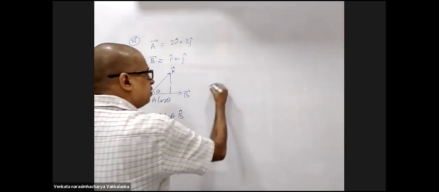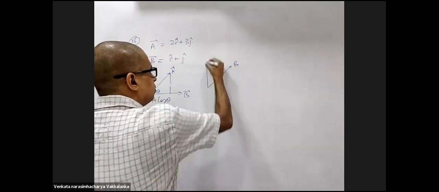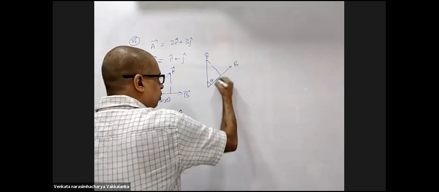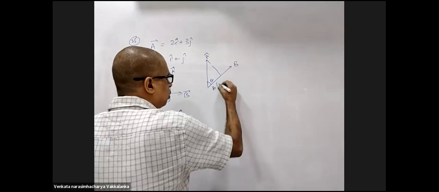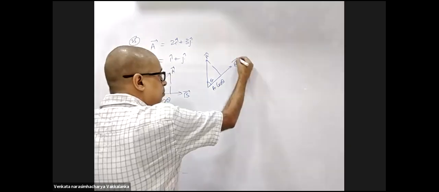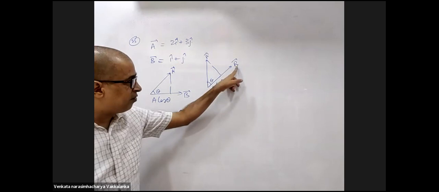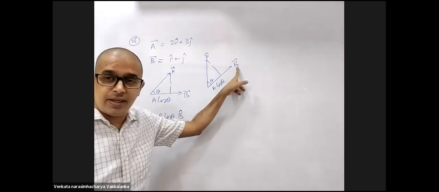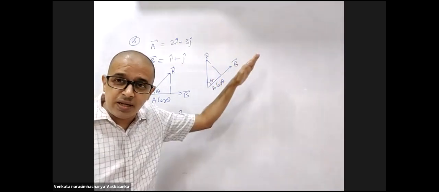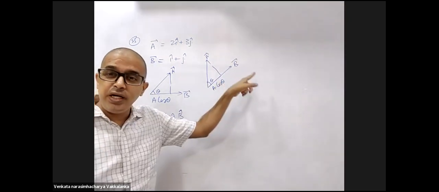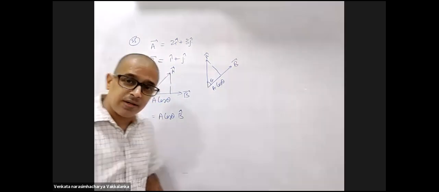B is in which direction? B, this is A, this is theta. Component of A along B बोल रहे हूं मैं यार. Along B. So B cap should be the answer. Component of A along B. So what is the direction of B? B cap. A cos theta is my requirement, into B cap will be my answer.